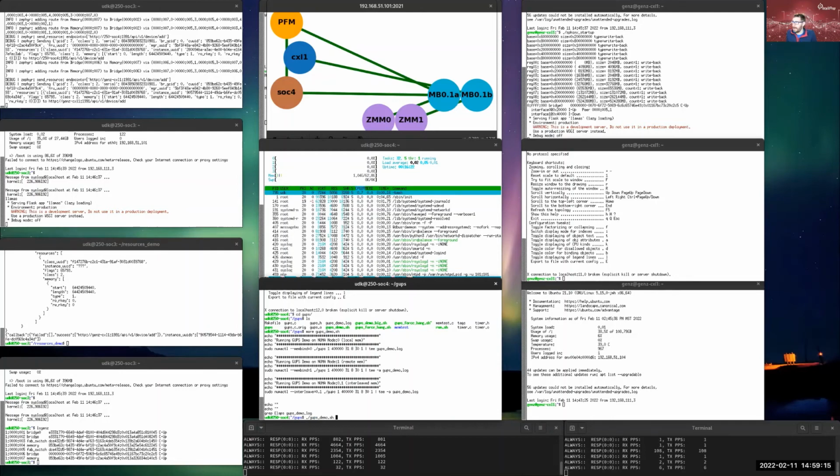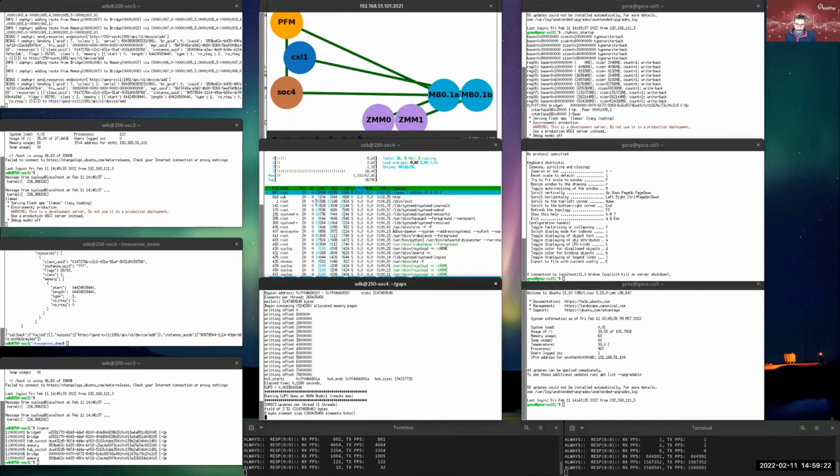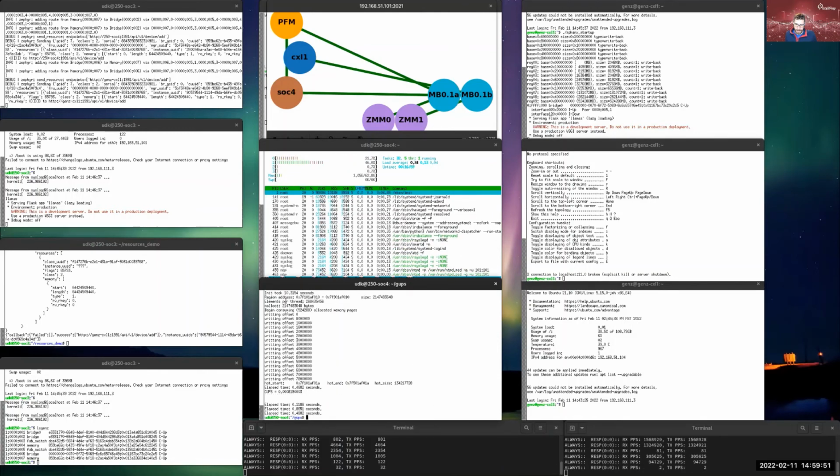Okay, so here it's running out of local memory. So you can see the memory allocation went from 1 gigabyte up to 3 gigabytes. Now we're running it out of the remote memory. And if you look down here, you can see packet activity in the terminal. We're getting 1.5 million packets per second going on to that remote memory. When this finishes, we're going to run the interleaved version. And that interleave version is going to run out of local and remote memory. So here's the interleave, and that finished. Okay, so now over on CXL1,